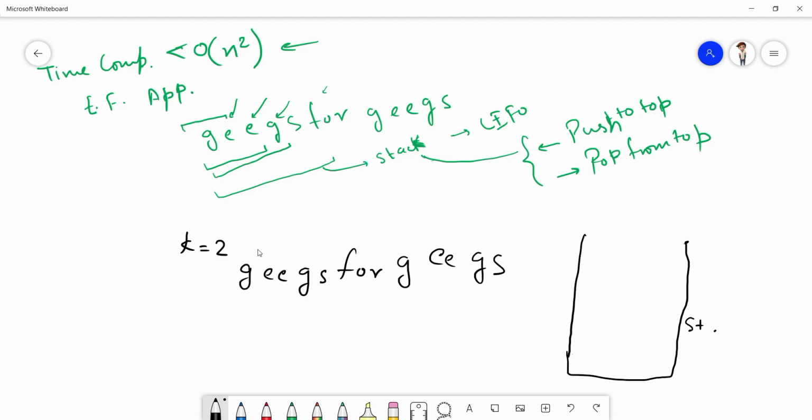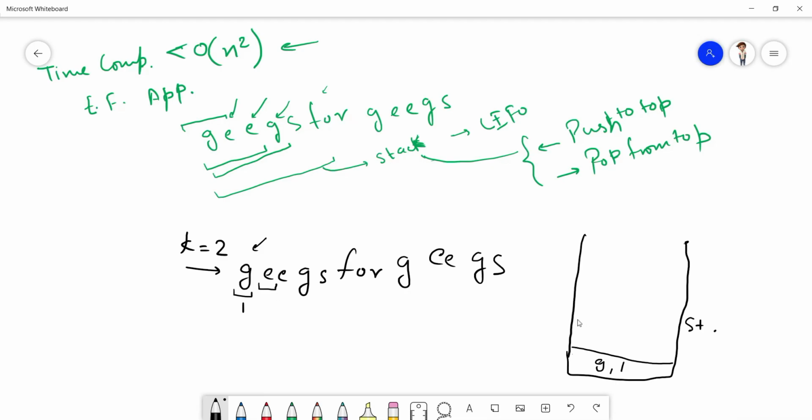Now we iterate through this string, and we will keep the consecutive count of every element, whether it is deleted or not, right? We have the G over here, and we see that the stack is empty. As soon as we find that the stack is empty, we will push the element with its consecutive count. Since it is coming 1, the consecutive count is 1.